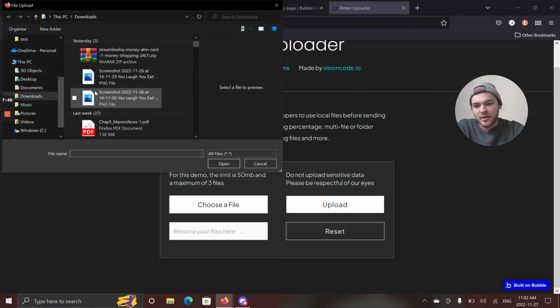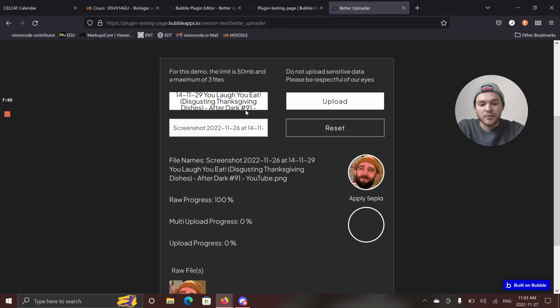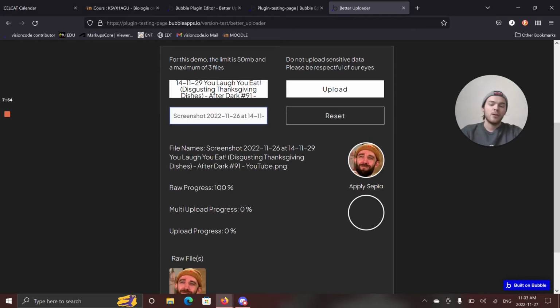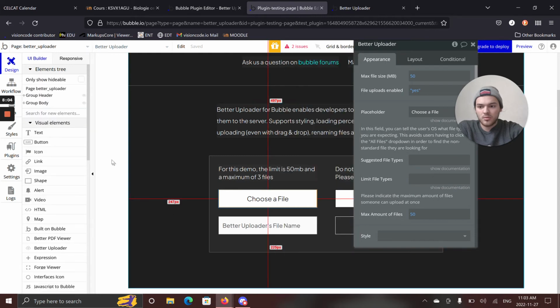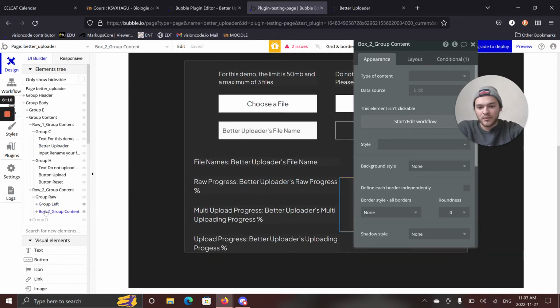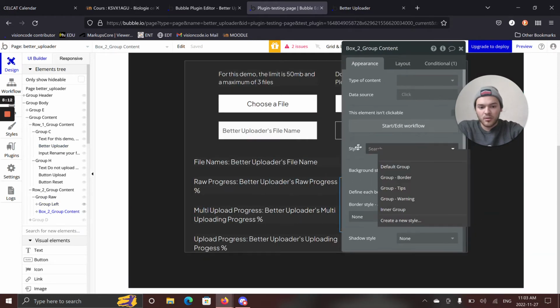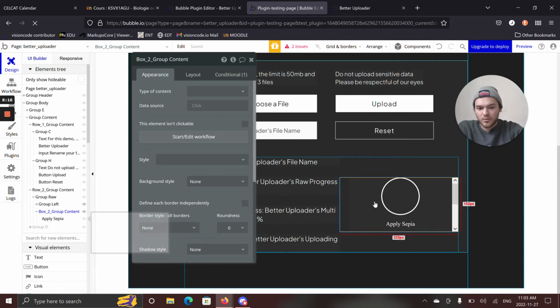I wanted to show you guys one more thing. Another really cool thing about being able to preview files is that you can do work on them because of an exposed state called the raw data. I'm going to show you what an exposed state raw data is. It's what lets us preview the file, and it's what also lets us do work on the file that's being previewed. So here we have the preview,